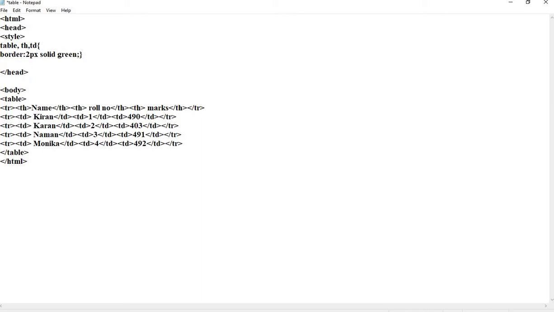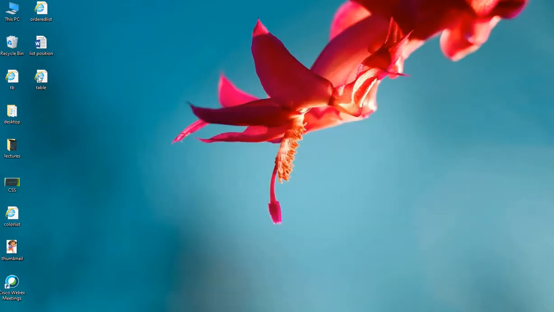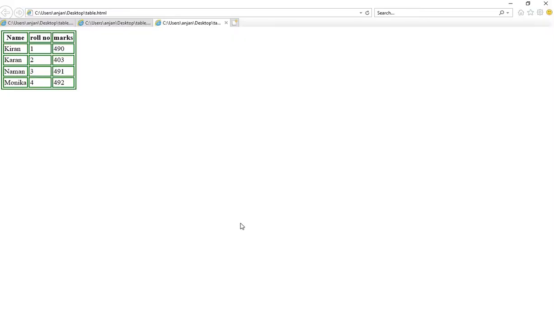Save your code. Reload your page. You can see the resultant changes in the web page. A border has been added. This border is a separated border.